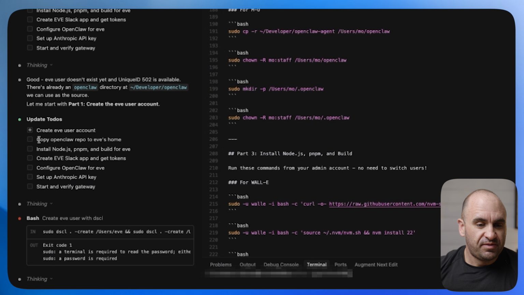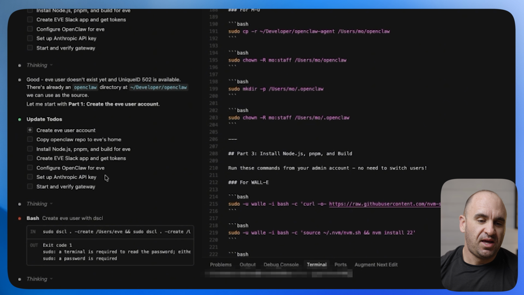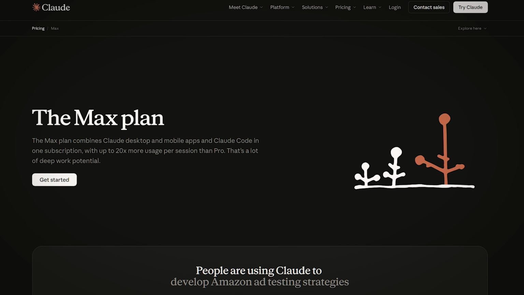It's basically somebody that's sitting on the computer to do whatever compute tasks that you want to do. And then once you get through all of these, you're going to set up the Anthropic key. There's actually a couple ways, and I was really surprised and still glad. You can use your Claude Max subscription to generate what you call an OAuth token. So instead of plugging in your API key and using Opus to rack up your bill for your API credits, you can actually OAuth, which should be good for a year, and then just use your Claude Max plan and